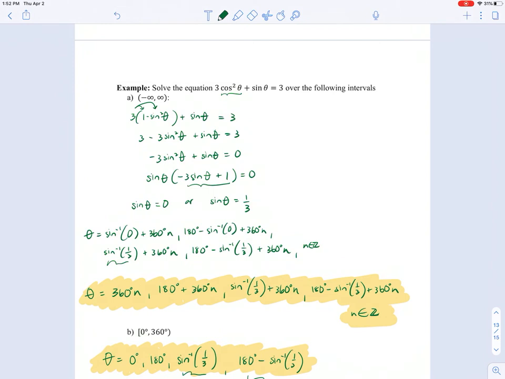My suggestion is going to be to come up with this general solution set first, even if you are only being asked to come up with this solution set over a given interval, and then use that general solution set by picking different values for n, where n is an integer, in order to find those